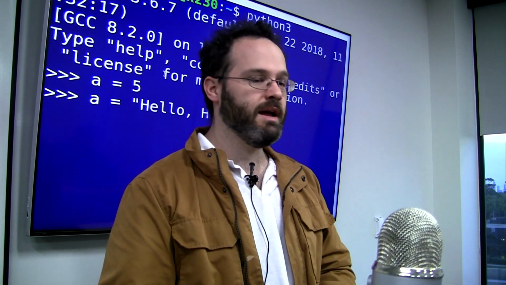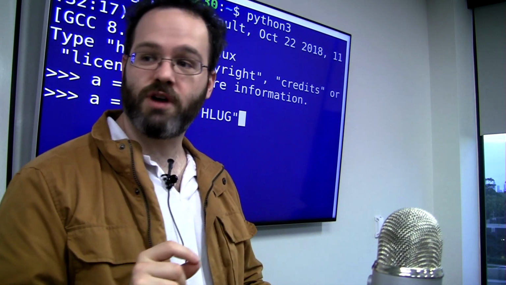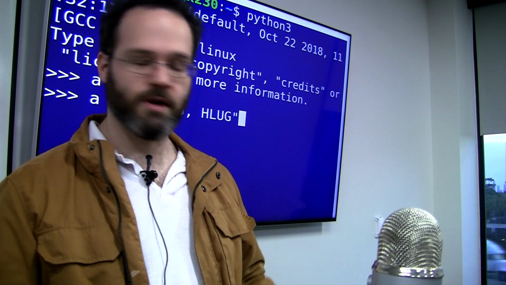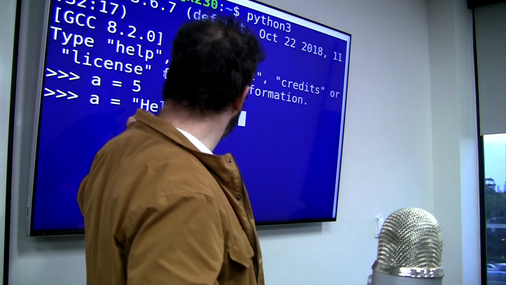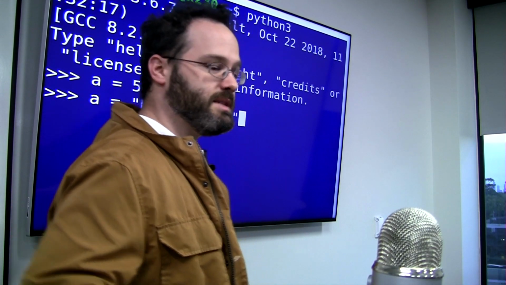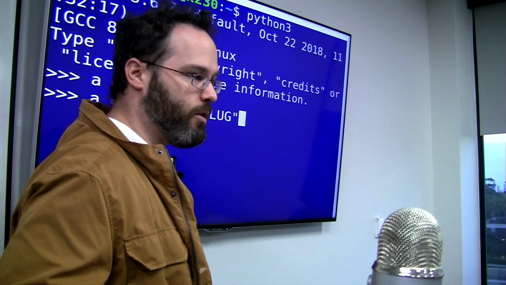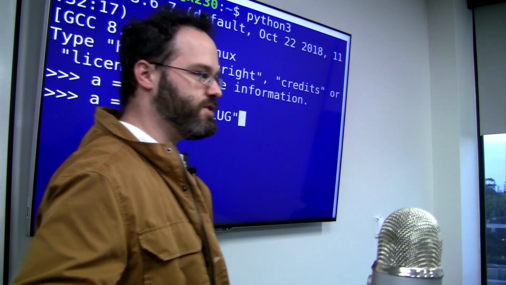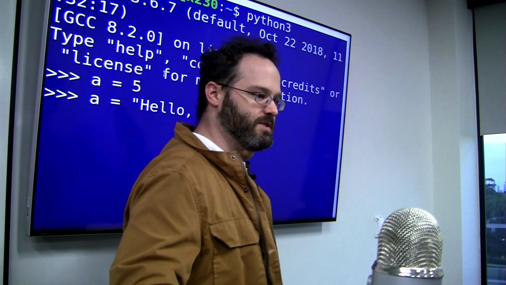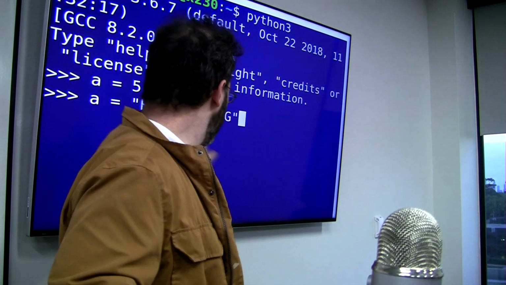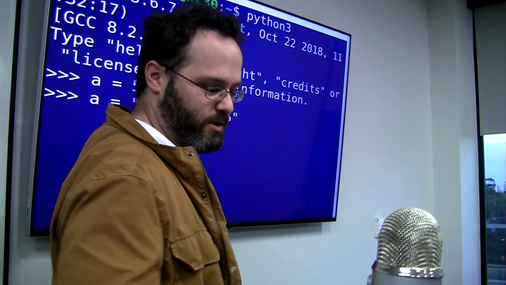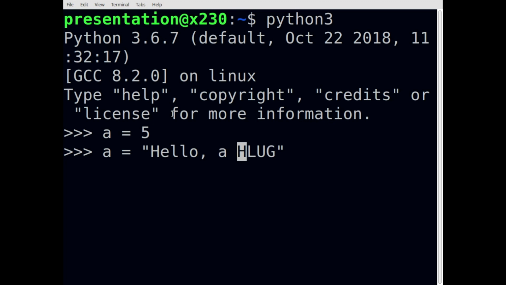That's exactly right. And the quotes I said are how you construct that string literal, right? So if you say, I want to put this hello HLUG, this is in quotes. The second you start that quote, Python says, I'm constructing a string literal, and until I see the end quote, that's what I've got here. That's the only thing I've got to work with. So inside of this, if there was an A, which there's not, Python would essentially know that that is part